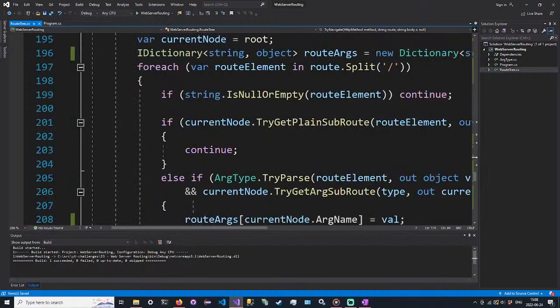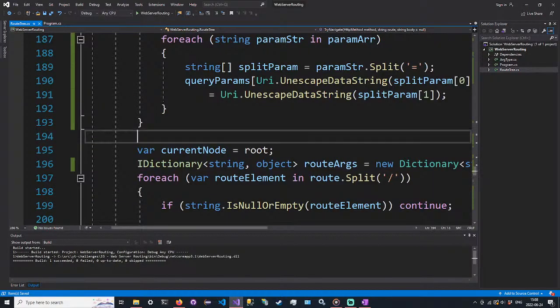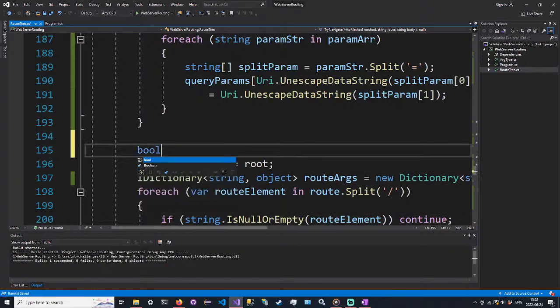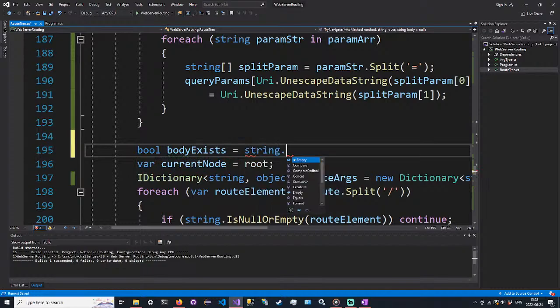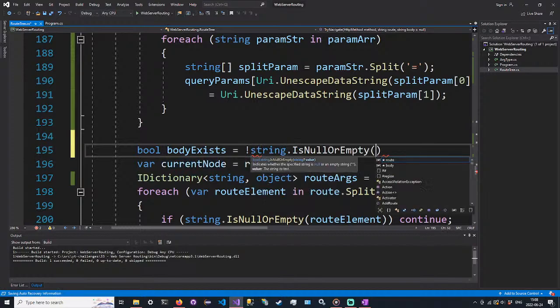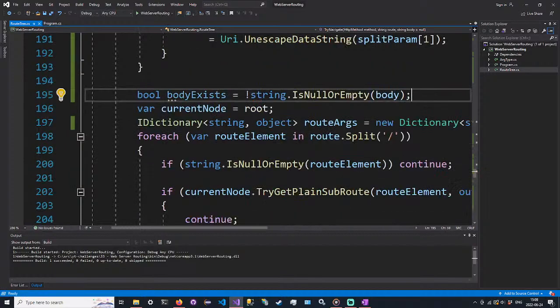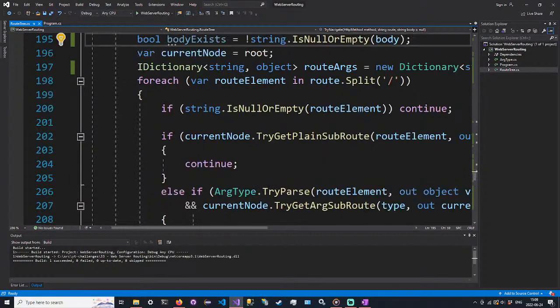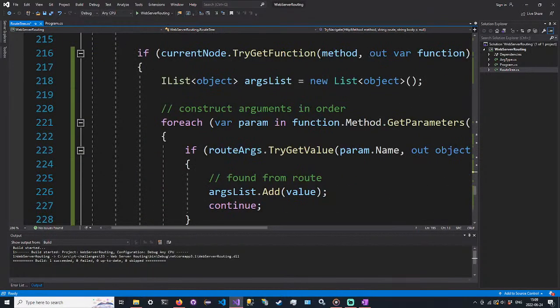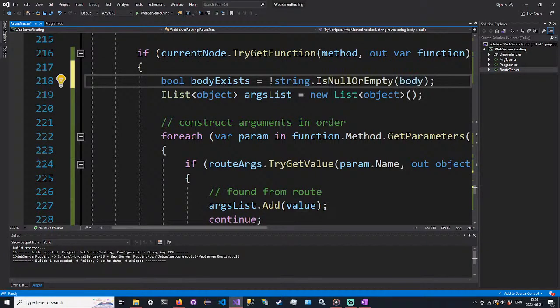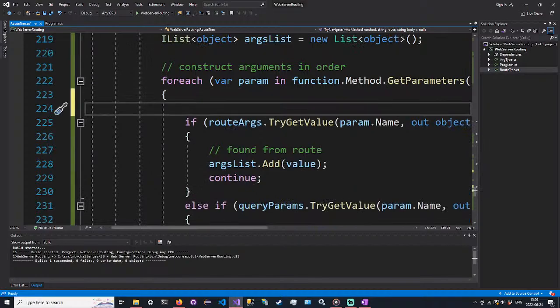Before we navigate, we're going to have a Boolean to say if we have a body. So Boolean bodyExists is equal to not string.IsNullOrEmpty(body). Sorry, this should be before the parameters, up here before we construct our list. In the beginning of the loop, because we want the body to take priority,